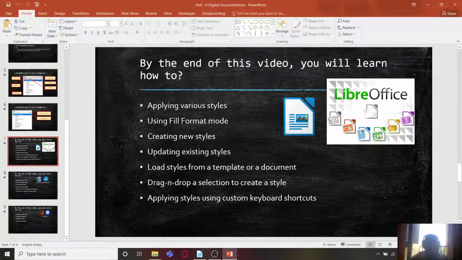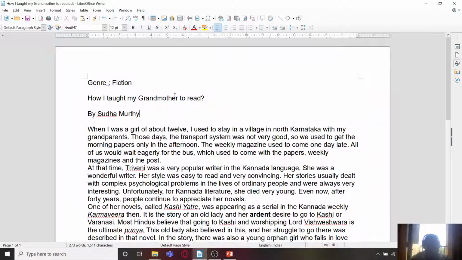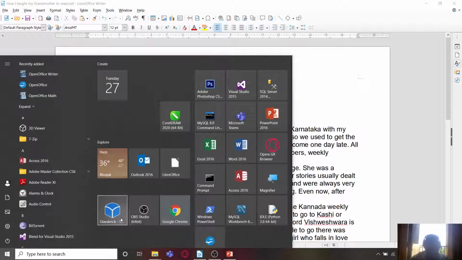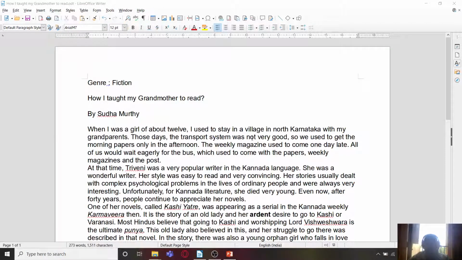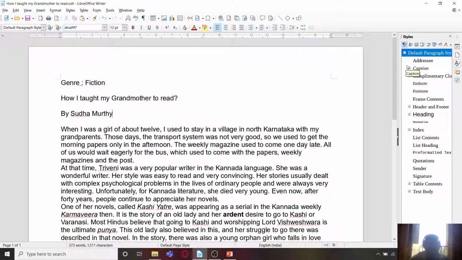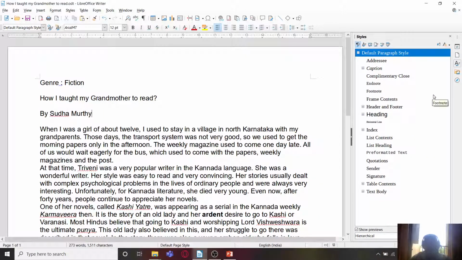We are going to start with applying various styles. So applying styles, we need to first check out from where we are going to apply the styles. In LibreOffice and OpenOffice, you have a right hand side panel which you can see, which is known as the deck. In this, you have this icon which is the styles deck. As you can see here, you can just drag it and increase its size from here. So this is the styles deck, and you can access all the styles from here.